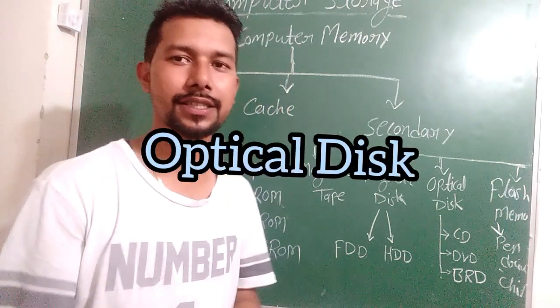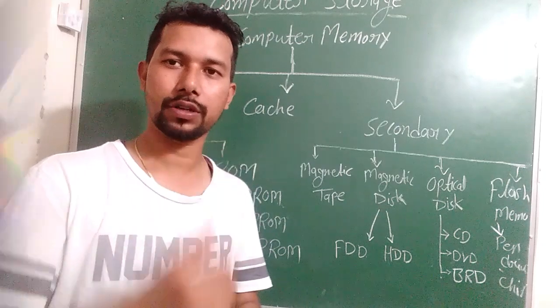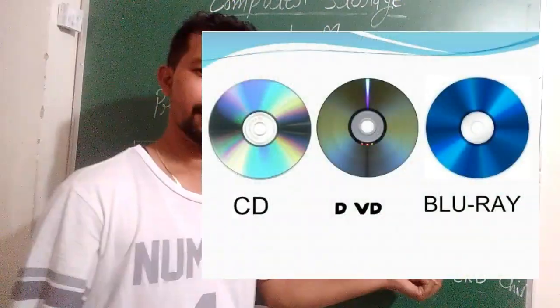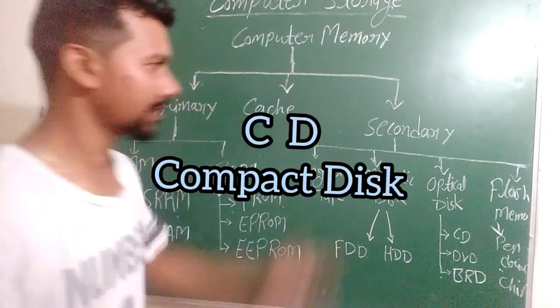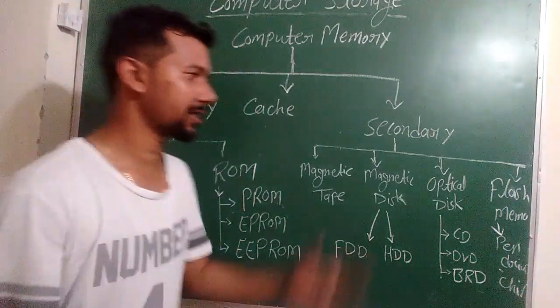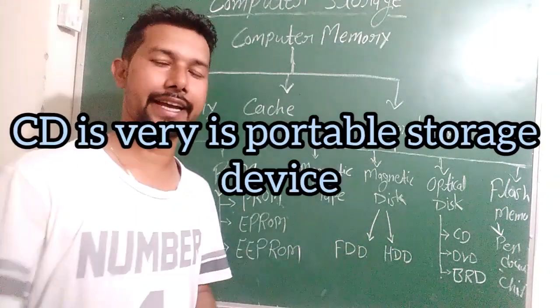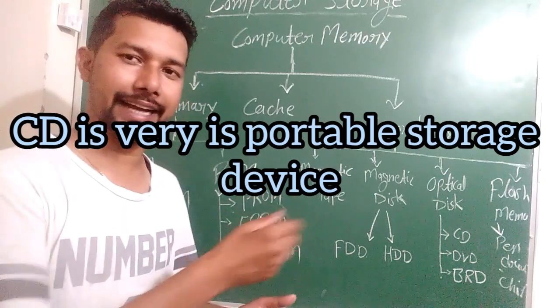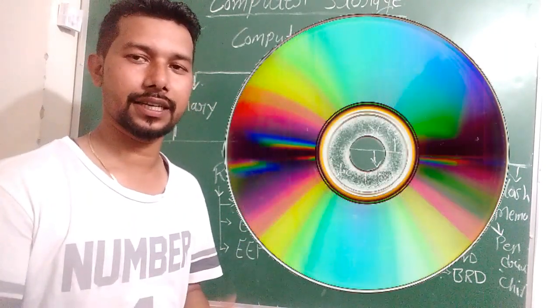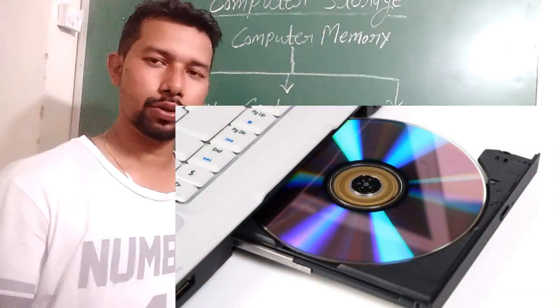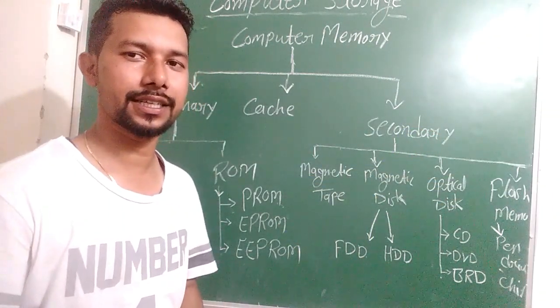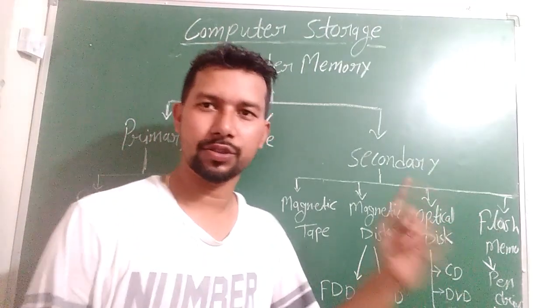Next is optical disk. Optical disk means a shiny face can store data. Some points here. CD: full form is compact disk. Look at this, this is the CD. CD is compact disk. This is an advanced, lighter disk with a shining surface. There it stores data, but this CD stores only 700 MB of data. Now look at this disk on your screen.